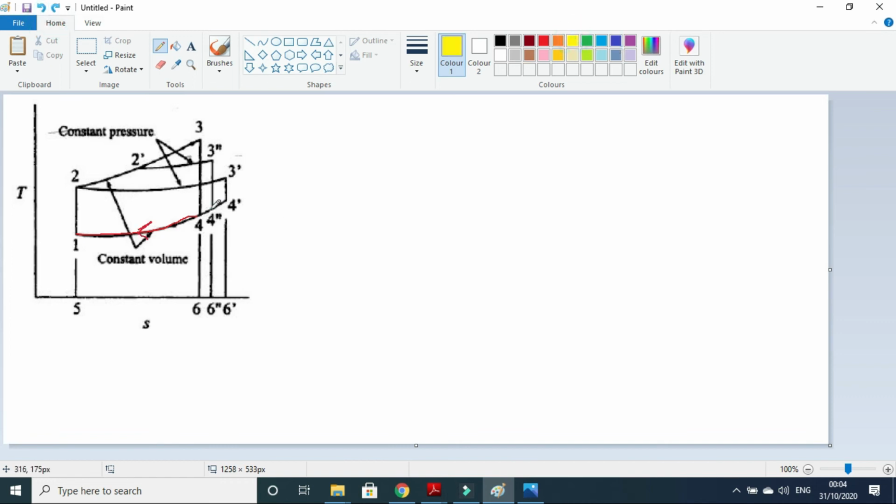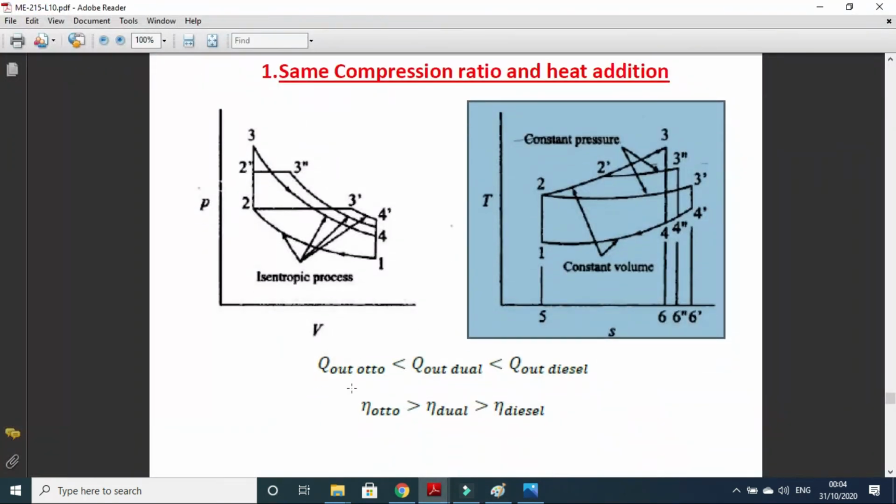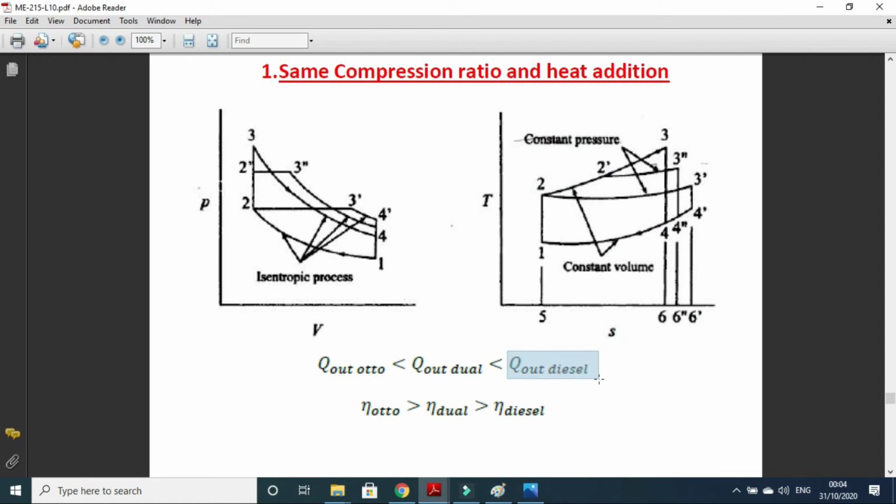You can see 4 double dash to 1. So which one will have the highest heat rejection? The diesel cycle will have the highest heat rejection, and the Otto cycle will have the least heat rejection. So Q out is smallest for the Otto cycle. This is written here: the Q out of the Otto cycle is less than the Q out of the dual cycle, and this is less than the Q out of the diesel cycle. So Q out of the diesel cycle is the largest,